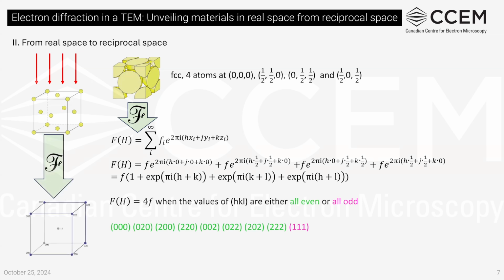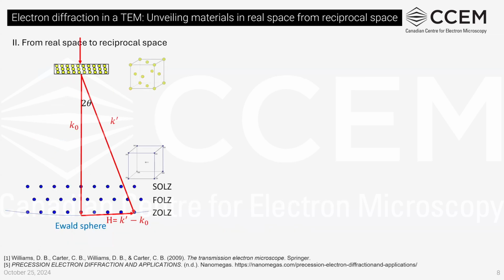If we put those HKL into 3D reciprocal space, what do we get? A reciprocal lattice. Can you tell what its structure is? A body-centered cubic. Yes, if we have an FCC structure in real space, we get a BCC structure in reciprocal space. And what is the link between the real space and the reciprocal space? The Fourier transform. I must say that the reciprocal space is a real existence. It is as real as the real space we are in.